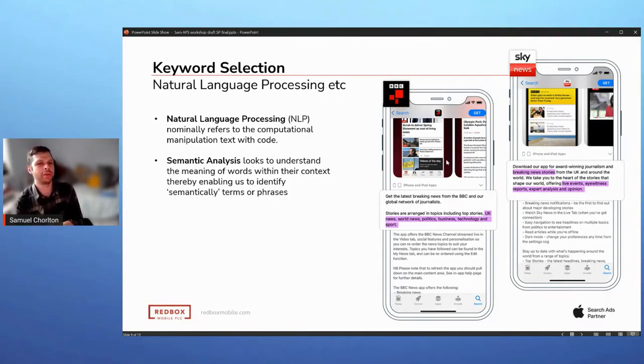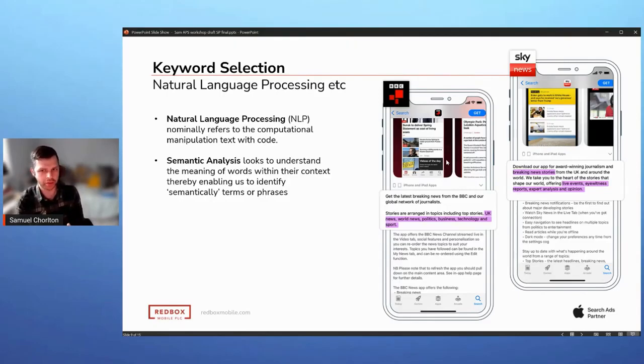If you're promoting Sky News and you've put all your keywords in of breaking news stories, live events, expert analysis, journalism, whatever you want to go with, we can then use those as starting terms or seed terms.